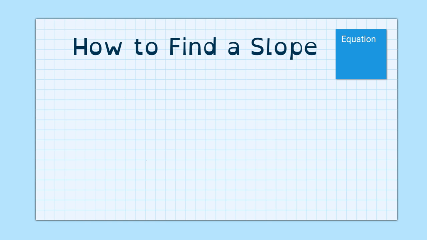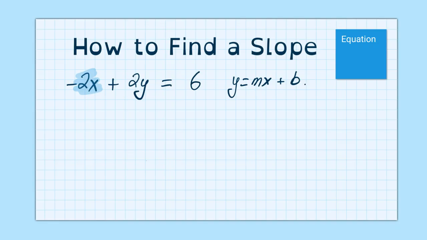Here's one more example just to make sure you understand this. Again, this is not written in y-intercept form. What if we had negative 2x, right, plus 2y equals 6? What if we have it written like this? Can we write this in y-intercept form? Because as you will notice, that was the easiest way for us to find the slope. In here, people might get confused and say, hey, this is the slope because it's right next to the x,